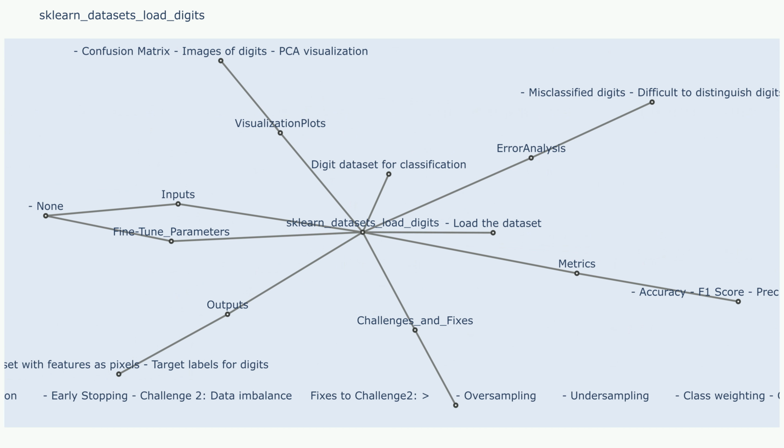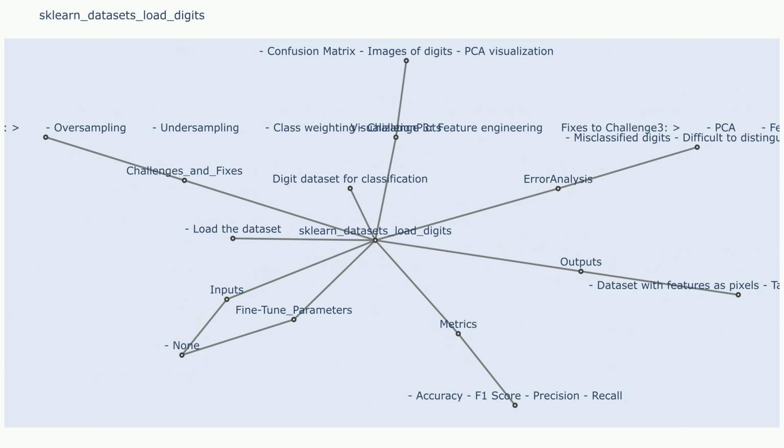Visualization plots: scatter plot, visualizing the data points using the pixel values as features can reveal clusters corresponding to different digits; confusion matrix, a matrix showing the frequency of correct and incorrect classifications for each digit;